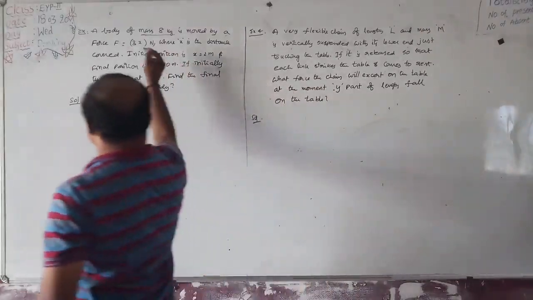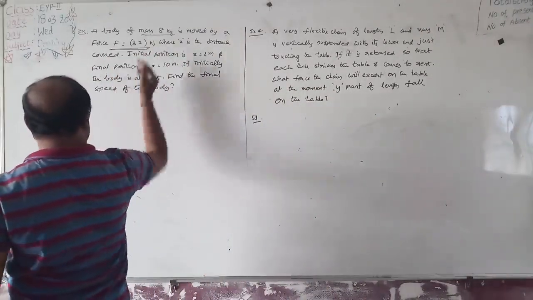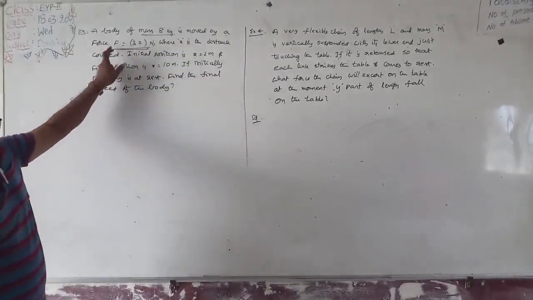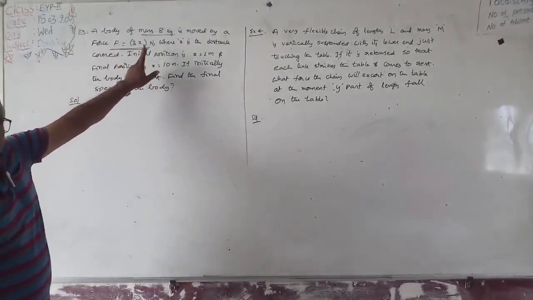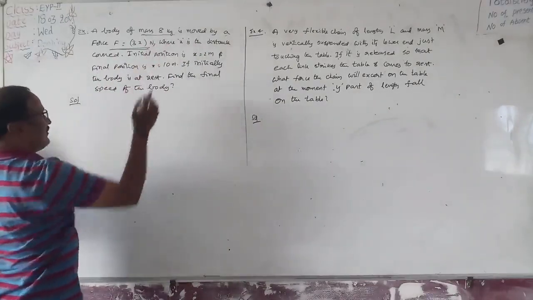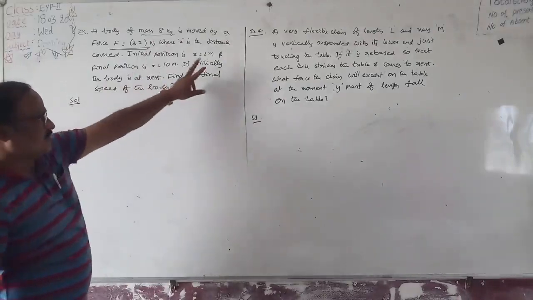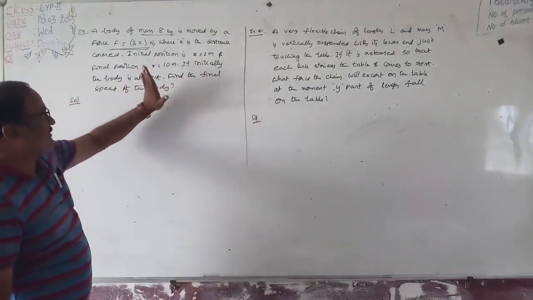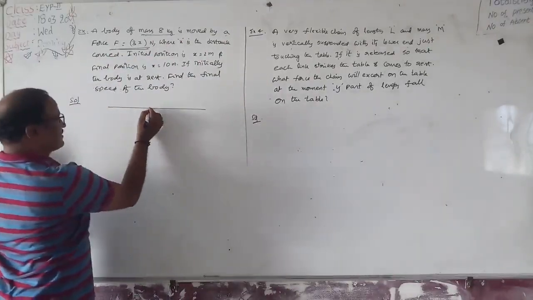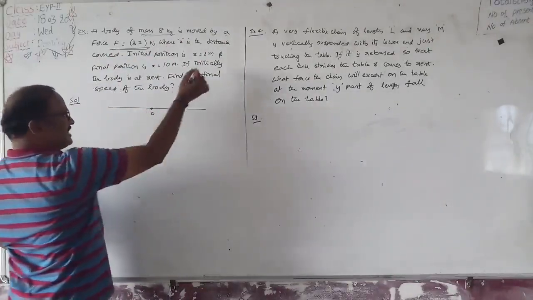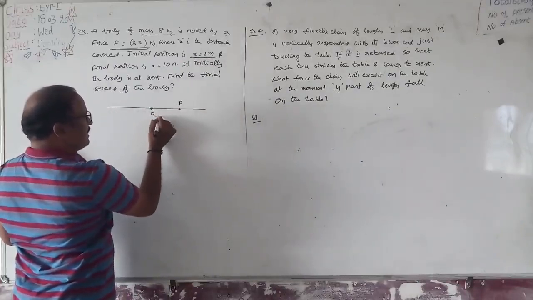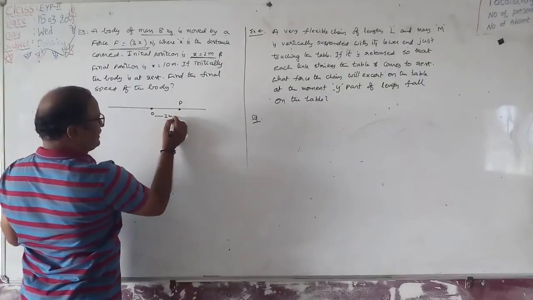F is equal to 3x. First identify whether the force is constant or variable. As x changes, F also changes. That means F is variable. Given mass of the body is equal to 8 kilograms. Let the body move from x equal to 2 meters to x equal to 10 meters. F is a positive term. Let this be the x-axis and this the origin. Initially the body is lying at x equal to 2 meters. So this is the point P and this distance is equal to 2 meters.